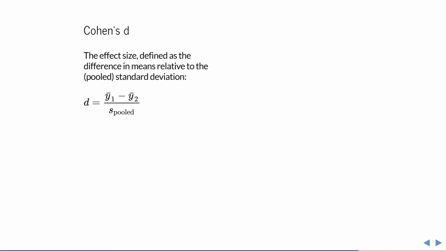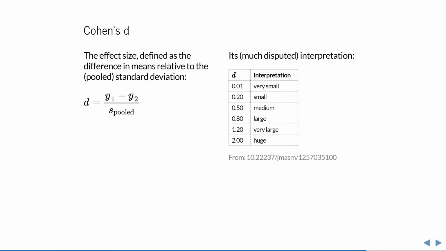Finally, note that if you're going to use some online tool or the power package in R, you will often have to enter Cohen's d as the effect size, which is actually a combination of how large the expected difference between groups is and how large the expected difference between individual observations within a group is. There are guidelines for the interpretation of this value, but this is rather arbitrary and not everyone agrees on these. So again, try different combinations of inputs and see their effect on the required sample size. Then judge for yourself whether that sample size is something you can do given the resources and the time that you have.